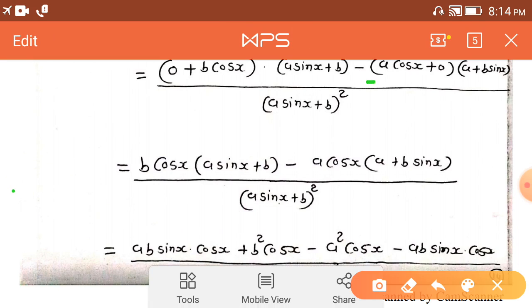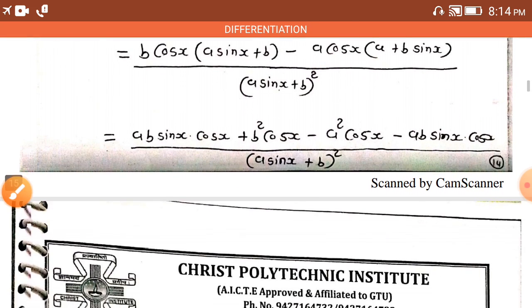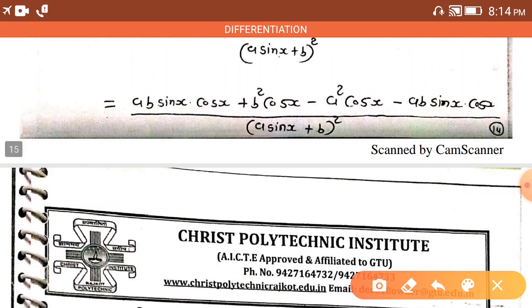Now same to same, observe here. A cos x into a cos x into a, it is the a square cos x minus sign જે અહીં આગળ છે a cos x into b sin x, ab sin x. Okay, then after do the simplification. Observe here,